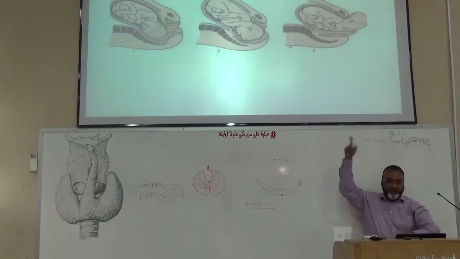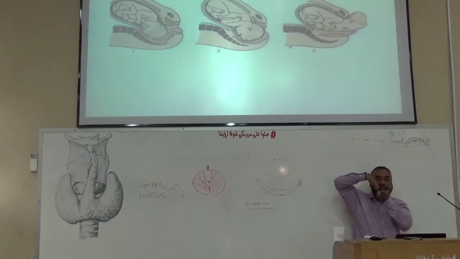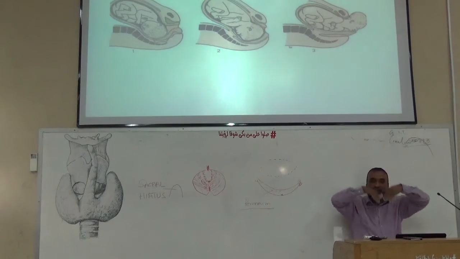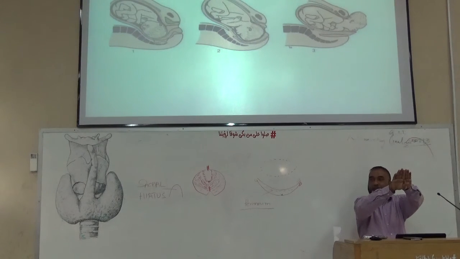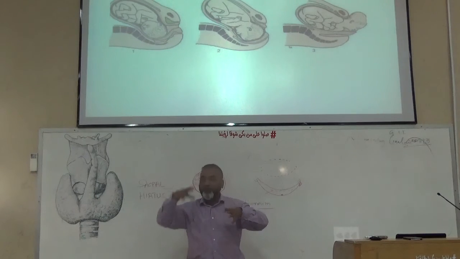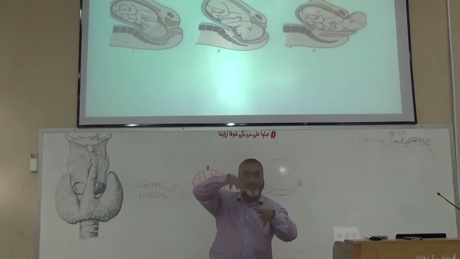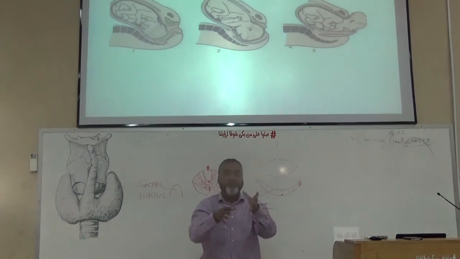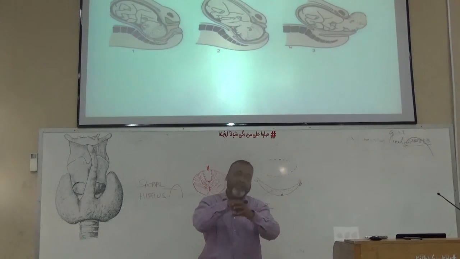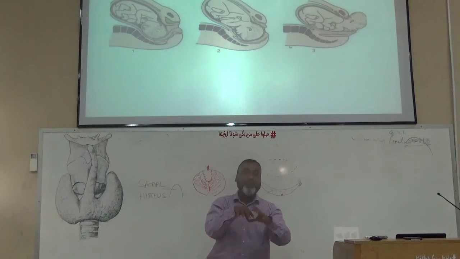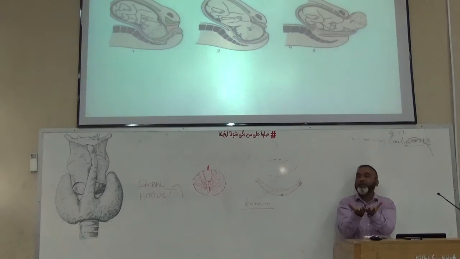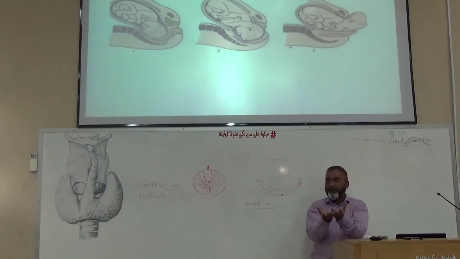Clear? Then you can see in the second part, it changes position, with the face towards the posterior side, and finally it comes out. According to the diameters of the pelvis, God guides the baby to change its position. If unfortunately the baby does not change its position, then there are chances of getting stuck. The baby can get stuck, then it is an emergency, and surgery has to be performed to take it out from the uterus. Okay.